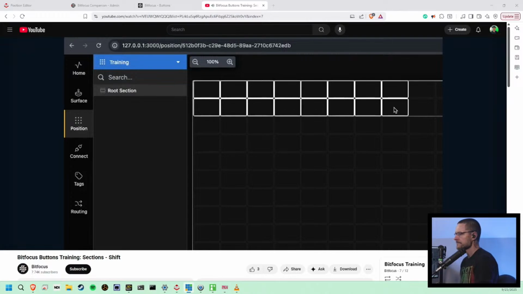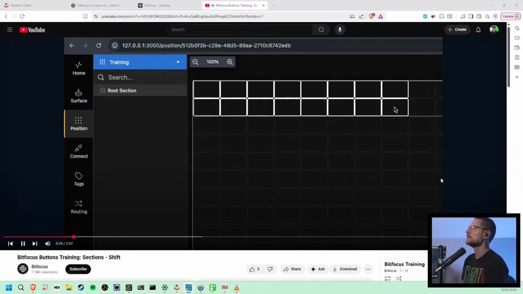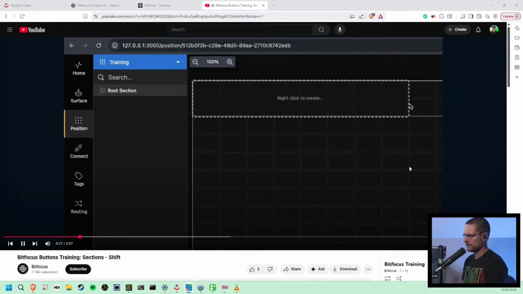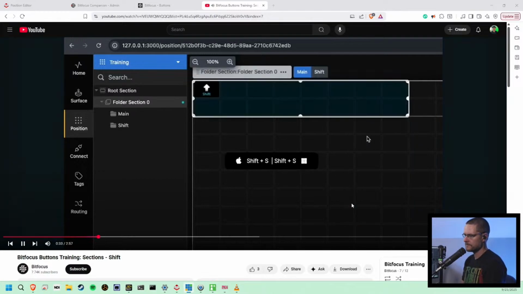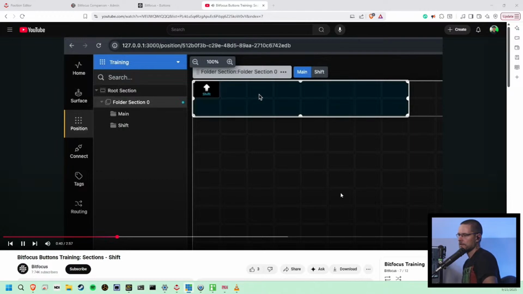Then, Drag to select the area you want to include. Once the outline covers all the desired cells, release the mouse button. Now, right-click inside the dashed outline to open the context menu, or simply press Shift+S to create the shift section. At first glance, the shift and basic sections look very similar, but one way to think of the shift section